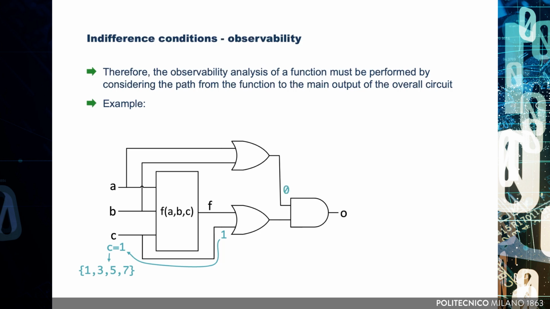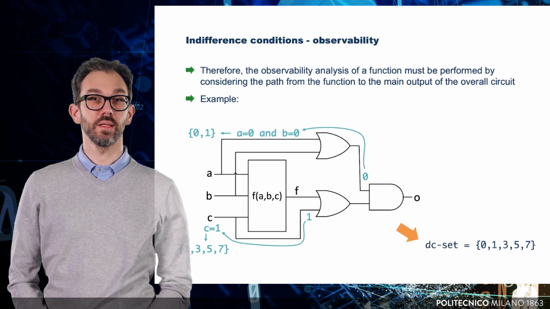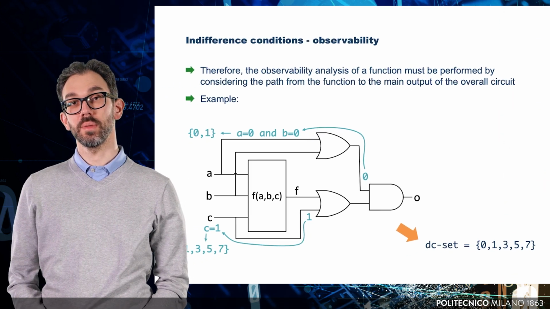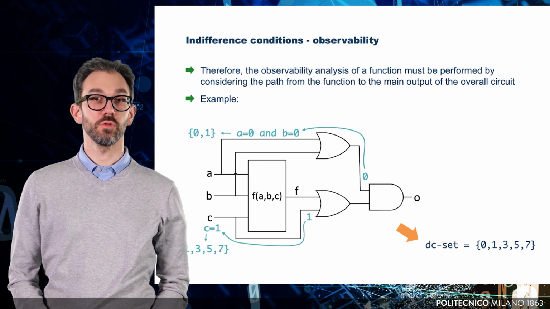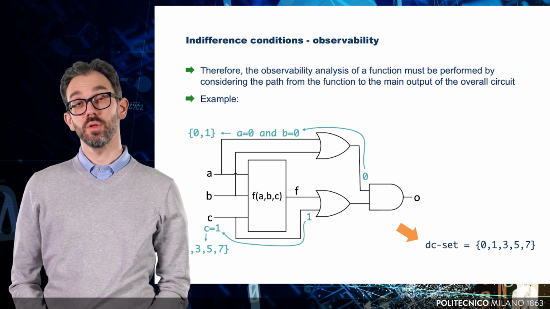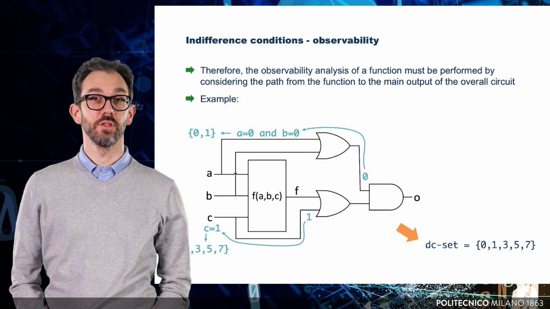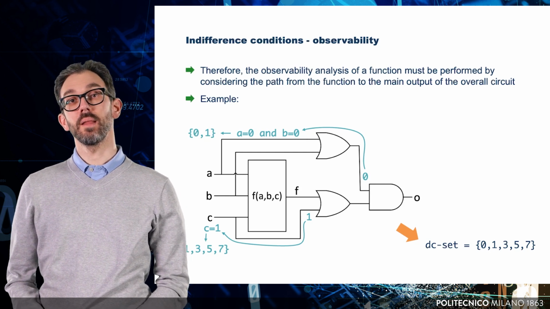Next, we analyze the subsequent AND gate. A 0 on its second input makes the path from F to the main output O unobservable. To generate a 0 on this connection, we need both A to be equal to 0 and B to be equal to 0 simultaneously. This implies that 0 and 1 are also don't care conditions. In conclusion, the don't cares related to observability are calculated as the union of the 2 sets found in the analysis. So the overall set is composed of the elements 0, 1, 3, 5, 7,